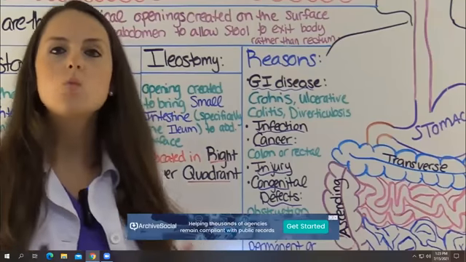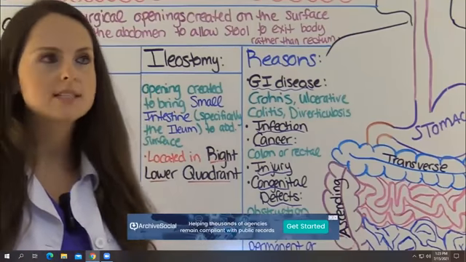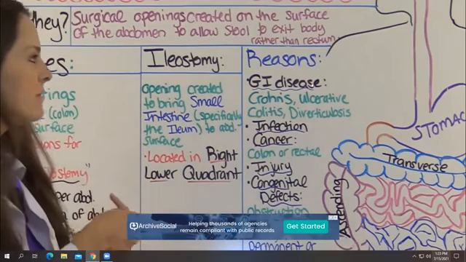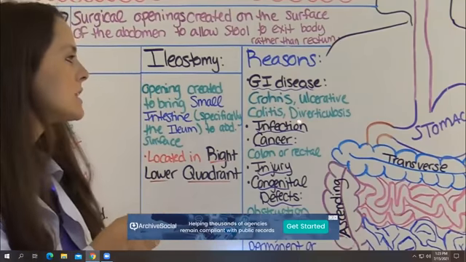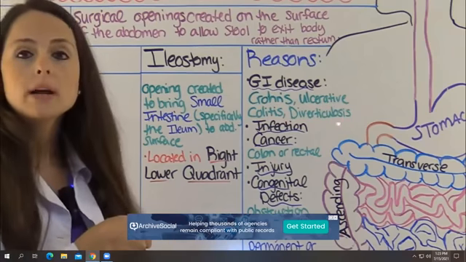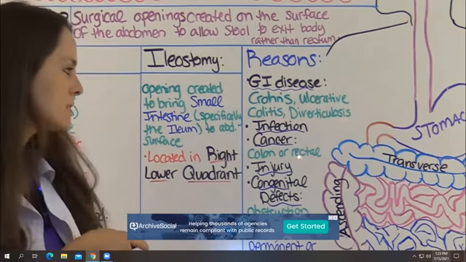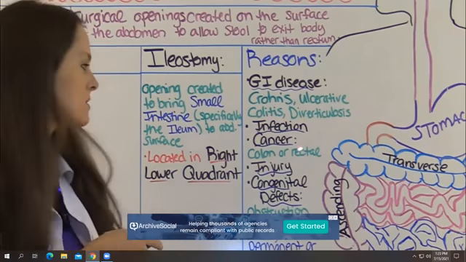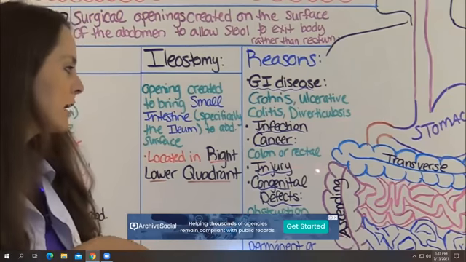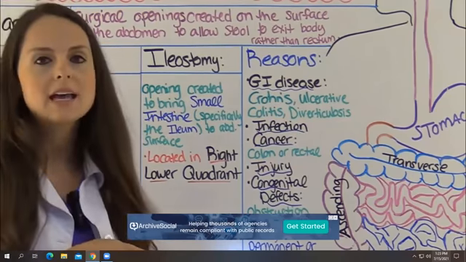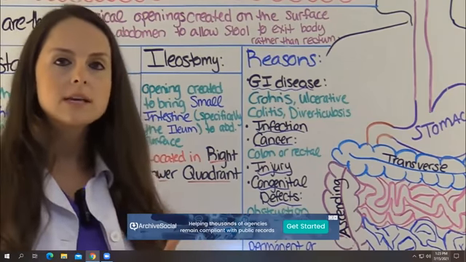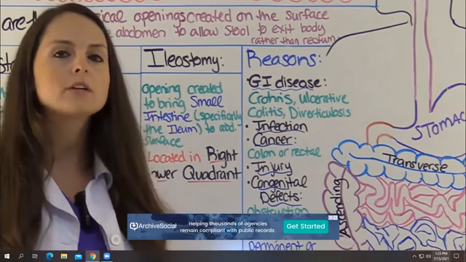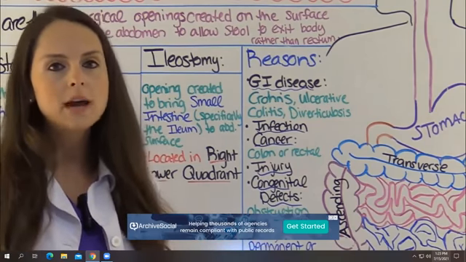So what are some reasons why a person may have an ostomy? One thing is they may have GI disease like Crohn's, ulcerative colitis, or diverticulosis, or an infection or cancer like colon or rectal cancer, or maybe an injury or congenital defects like an obstruction. And a colostomy or an ileostomy may be permanent or reversible depending on what's going on with the patient and